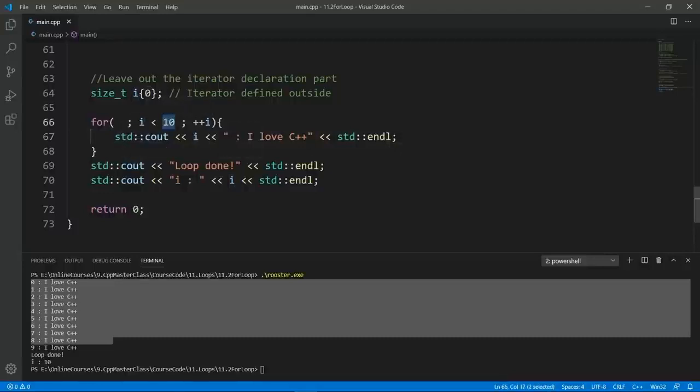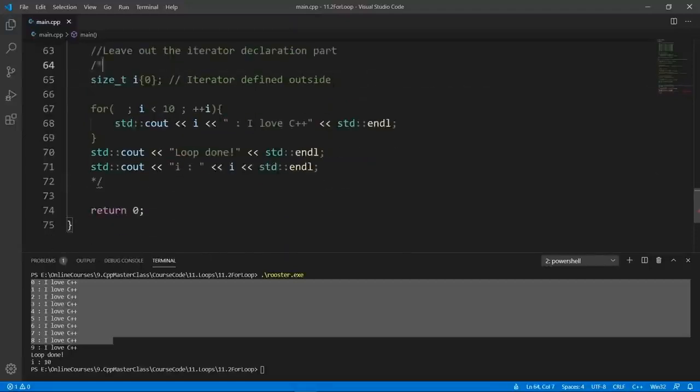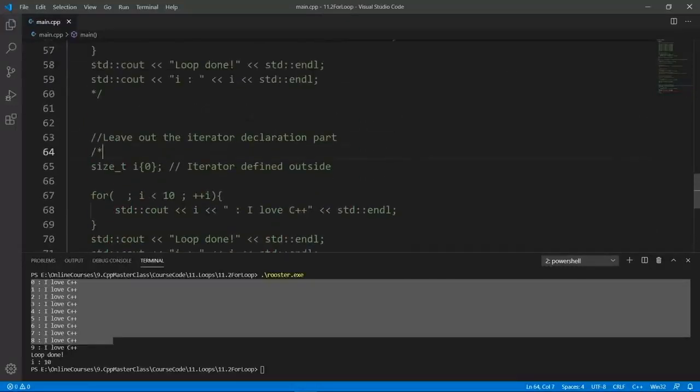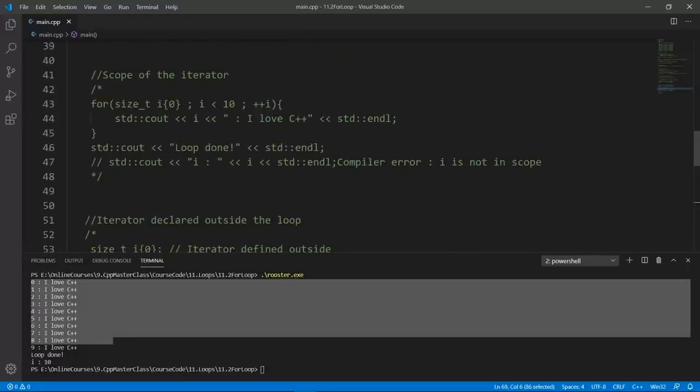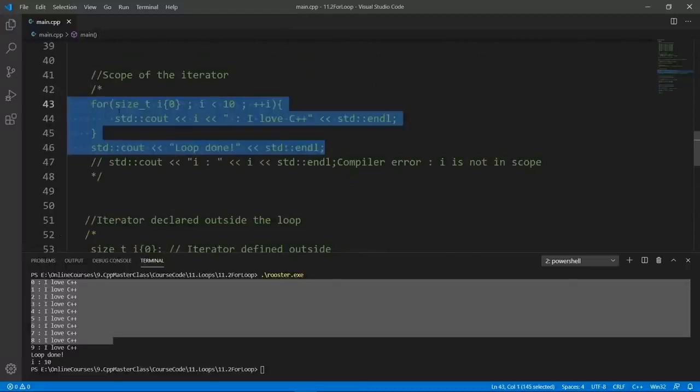So what is recommended is to store this value in a variable and test against that variable name instead. Let's comment this out and show you that. So we're going to comment this out and go down and copy this entire thing. I don't think I want to do my loops like this because this is really unintuitive most times. So I am going to declare my iterator inside, and I'm going to copy the code that